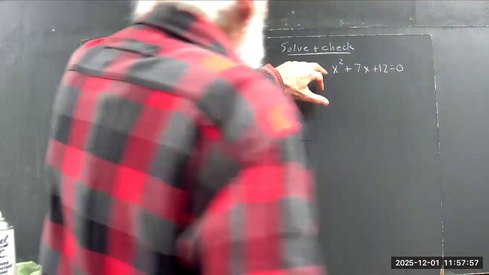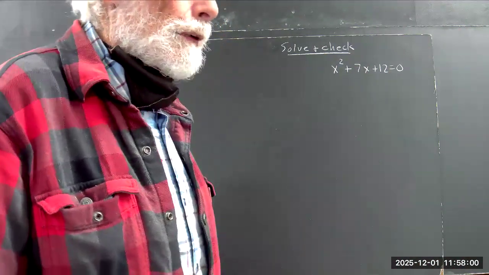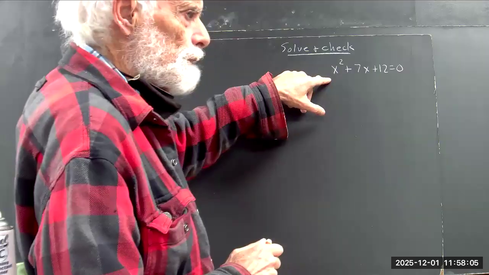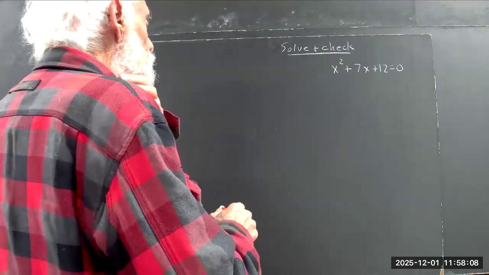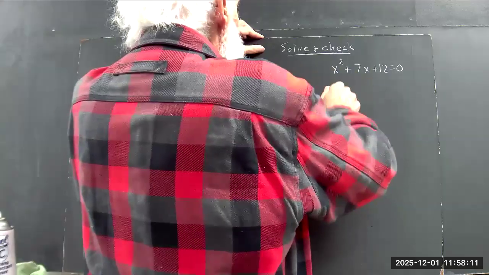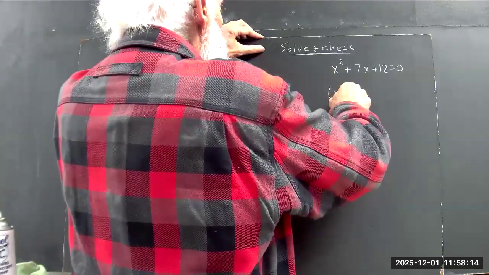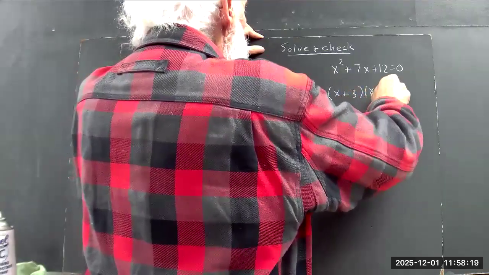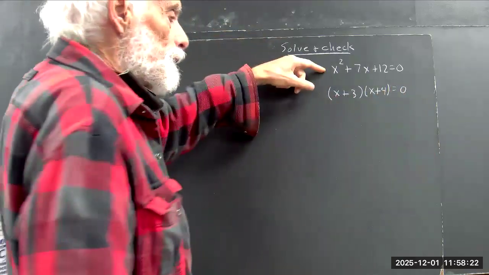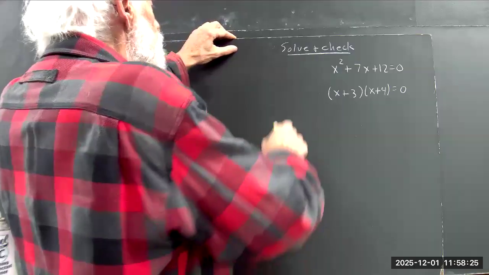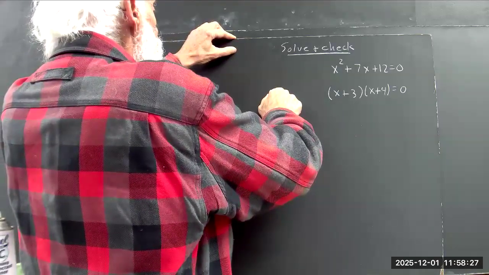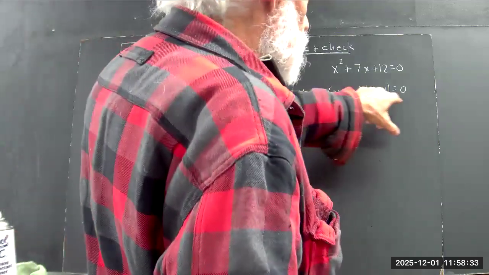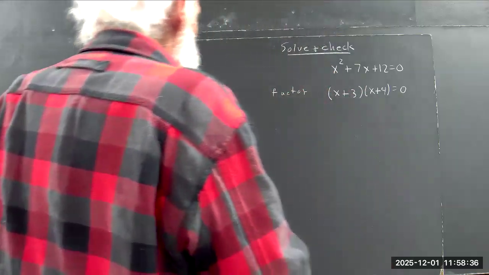Here's a quadratic equation, and we're going to attempt to solve this by factoring. Now go ahead and solve it as usual before you see me do it. In any case, we can factor this particular quadratic. Get x plus 3 times x plus 4 equals 0. And then